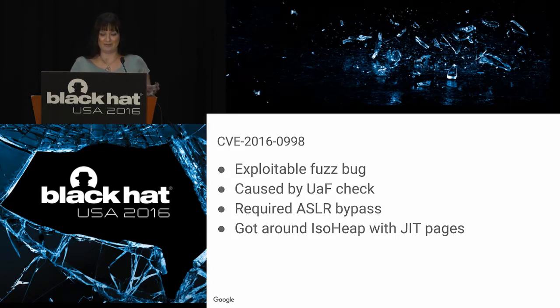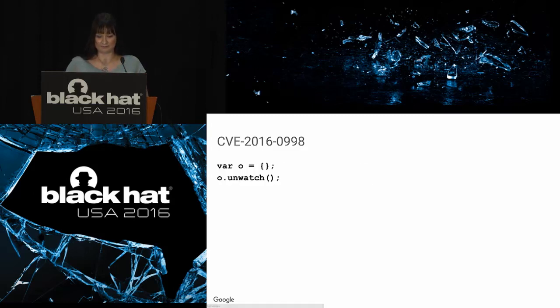And the way I got around the ISO heap in this specific situation was that it turns out that the JIT allocates some objects in the data partition that have vtables. So then using that sound bug, I could read that out and use that to get the location of a vtable. So here's the bug. And I'm sure based on this POC, you can totally tell what's wrong. It's one of the shortest POCs for a bug I've seen.